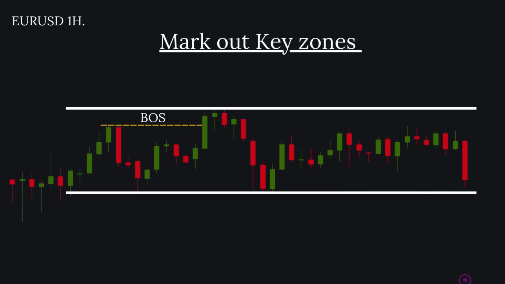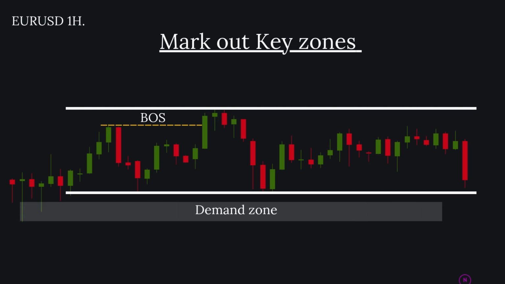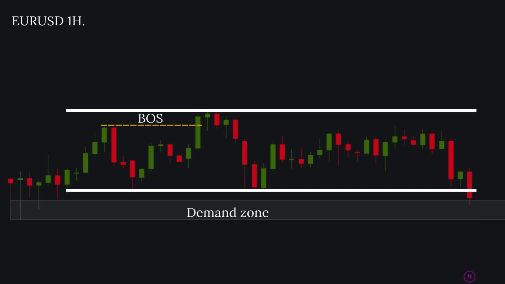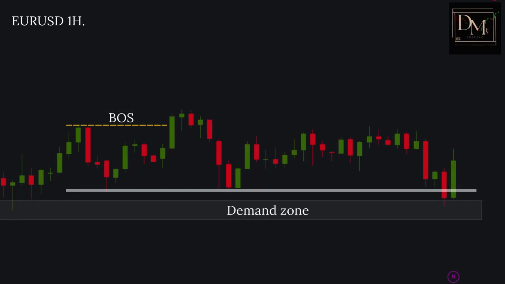Next, we identify and mark out key zones that are close to our range of interest. Looking to the left, we spot a demand zone. In situations where you have a candlestick representing demand or supply with a long wick, the wick becomes your point of interest and should be marked. Moving on. Price breaks below our defined range, sweeping the stop losses of retail traders, just below the last major swing low or the order block. It then mitigates the demand zone and strongly rejects it with a bullish engulfing candlestick.